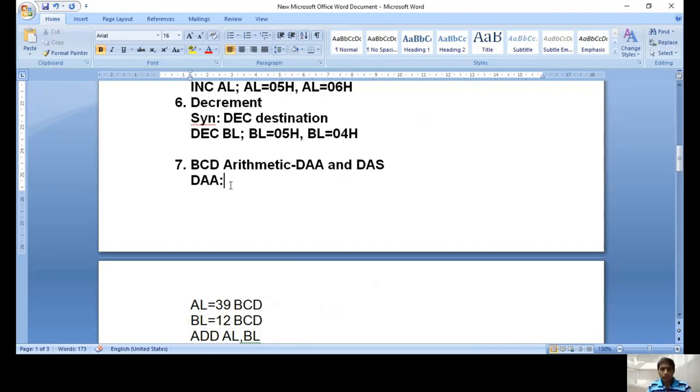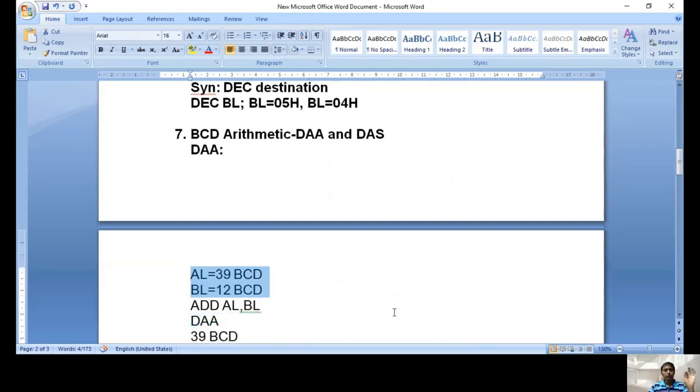First of all, what is DAA? Generally, this DAA instruction is used to perform arithmetic, especially addition of two numbers. Those two numbers must be in BCD form only. So the selected two numbers must be in BCD form and the result must also be in BCD form. So the DAA instruction is used to add two BCD numbers and the result must be in BCD form. Unfortunately, if the result is not in BCD form but in hexa form,